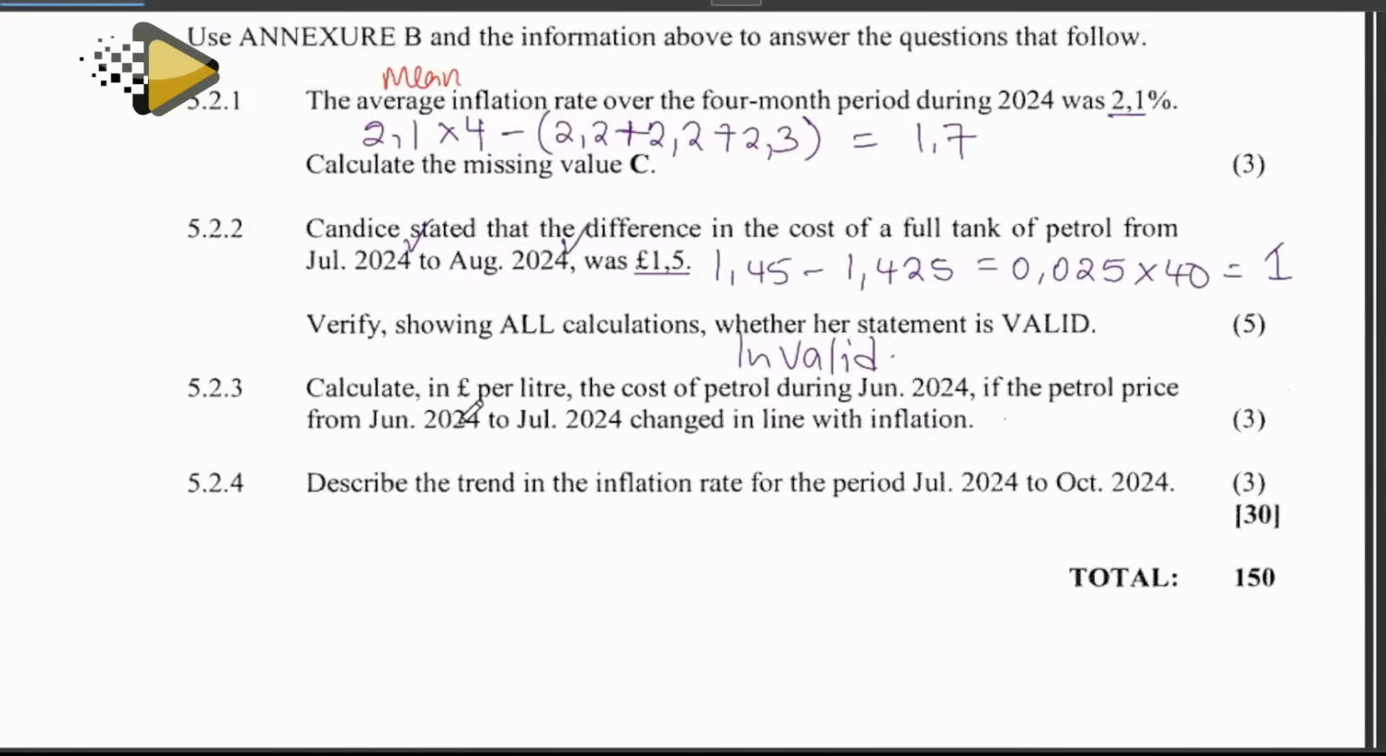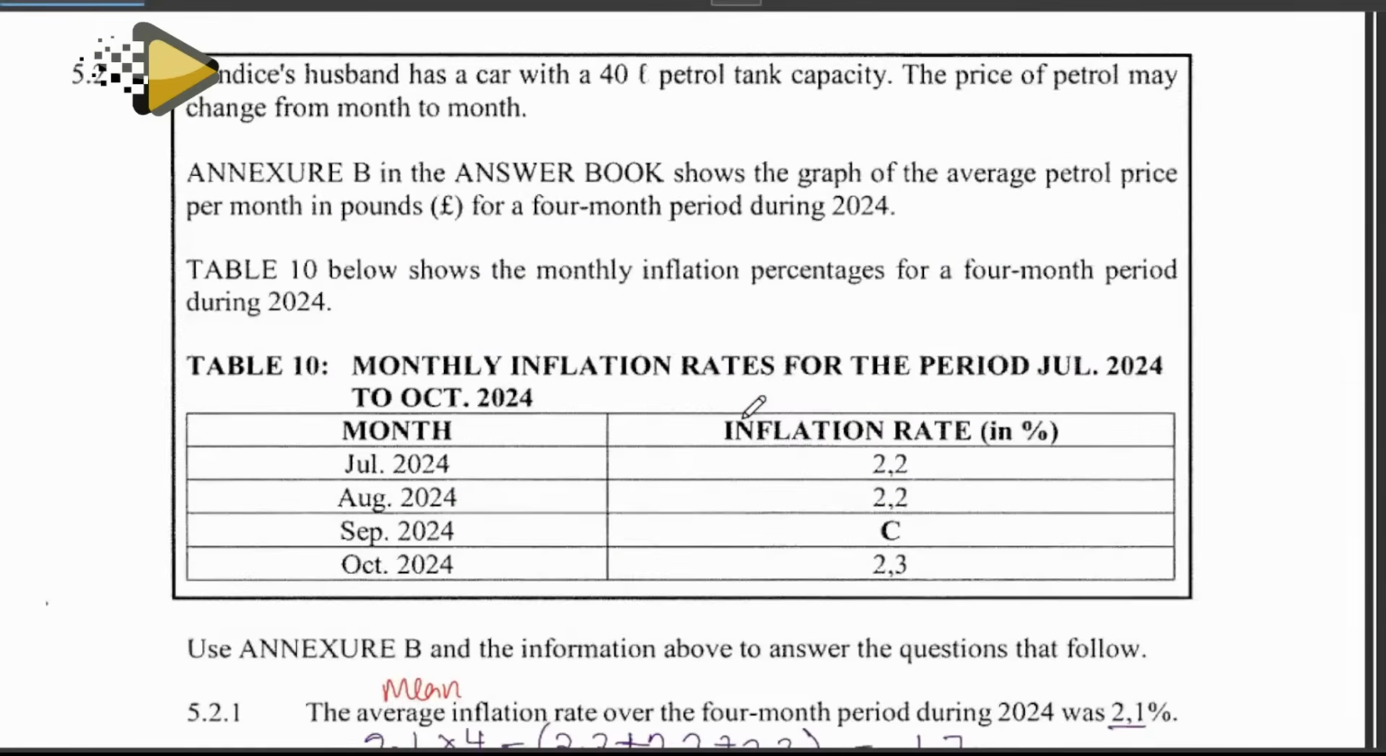Calculate in pound per liter the cost of petrol during June 2020. So now in June 2020, July, it never changed, it remained in line, meaning it remained the same. So we should use the 2024 inflation rate that we have, and we work backwards. So the price was